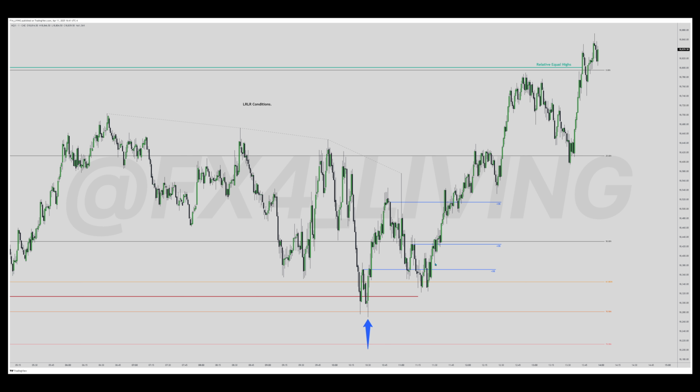We see that strong displacement up, and then it starts the buy program. And it basically purged that buy side with speed. You can see that, right? Rebalance this right here, and basically start expanding forever until the relative equal high, taking all of this liquidity that was standing when we purged the sell side. So that sounds a little bit